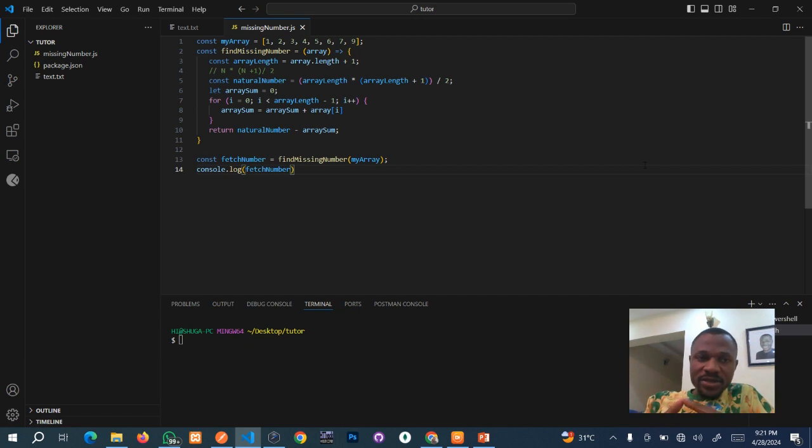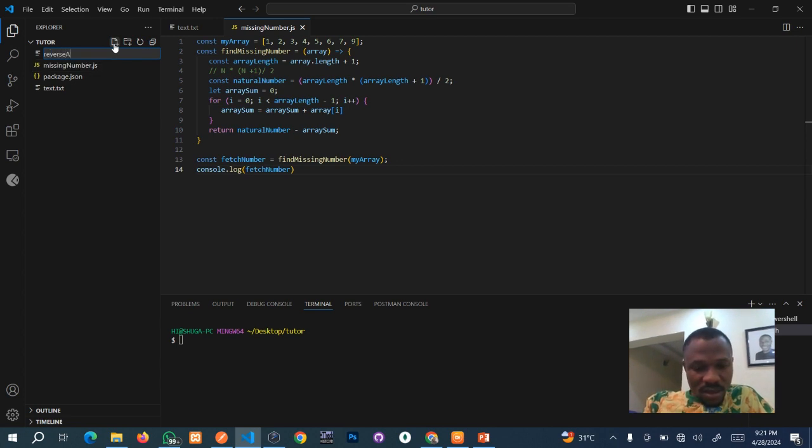Okay, so just in case you missed our last tutorial, we did a function that fetched out the missing number in an array of integers. You can check our YouTube page to see that algorithm that we did. So for today's tutorial, reversing an array of strings or an array of fruits, and also reversing a string, we're going to create a new file. Let's say we're calling this file